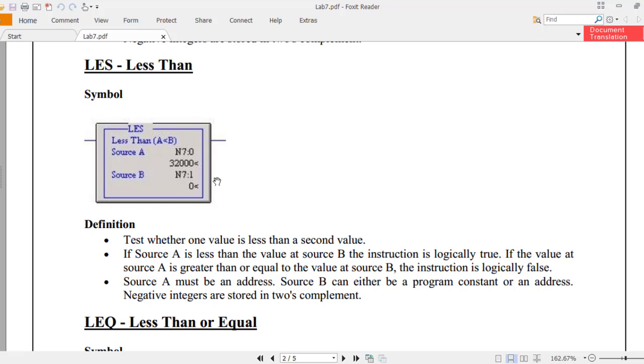Now you might be confused about whether it checks the B is less than A condition or the A is less than B condition. So we should be clear about it: it checks the A is less than B condition. So if source A is less than the value at source B, the instruction is logically true,